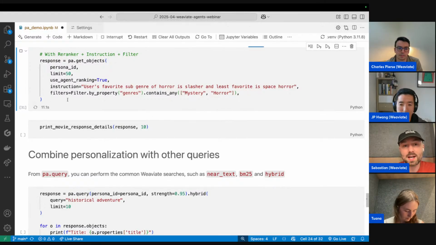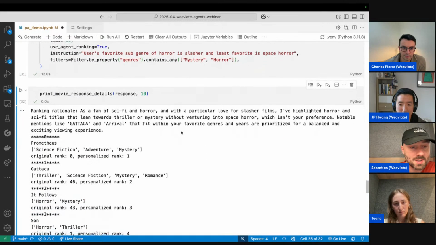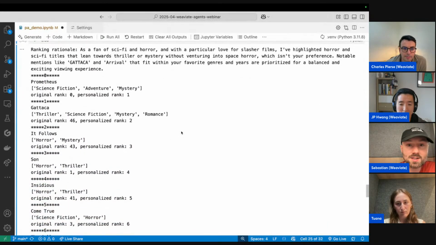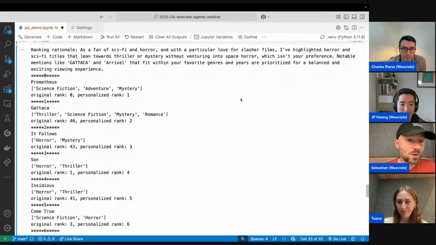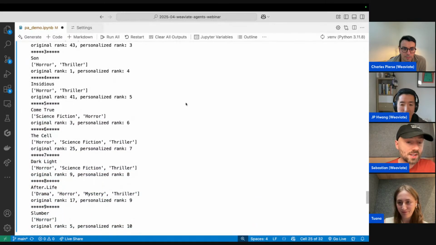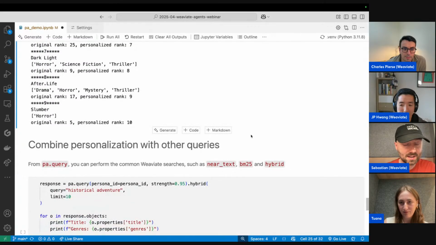But overall, we can add additional information to each of our queries. And now, based on what I like and the instructions, we get Prometheus, Gattaca, It Follows, Sun, et cetera. This is a super cool thing, because all of this is very personal to what I like and dislike.